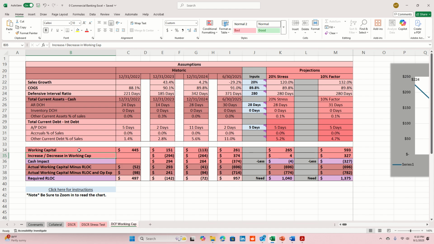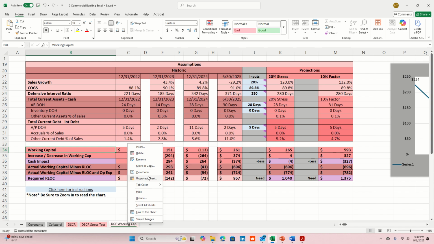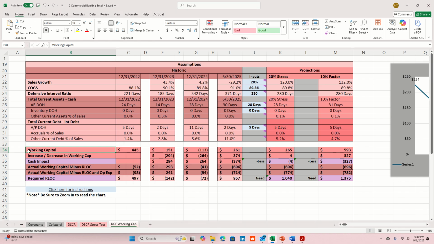Or actually, sorry about that. Let me go in here. This isn't just working capital. This is net working capital. Oh man, that's a typo. That's gonna haunt me, guys. That's my bad. I can see where the issue is gonna come in. So this is net working capital. And if you did the homework, then you'll understand what net working capital means. Everybody who did the homework knows that net working capital